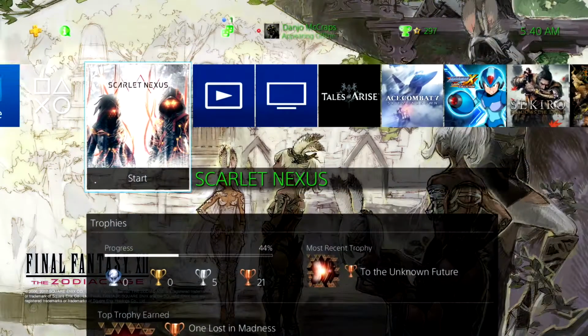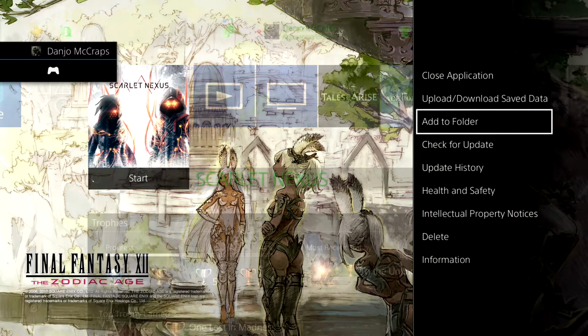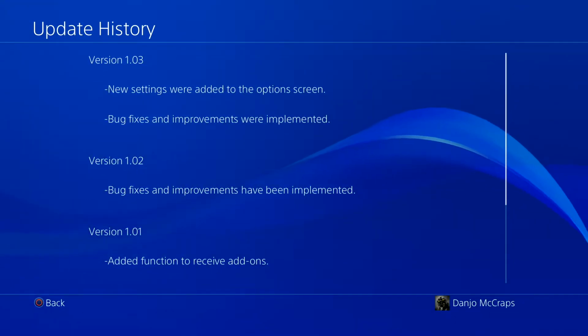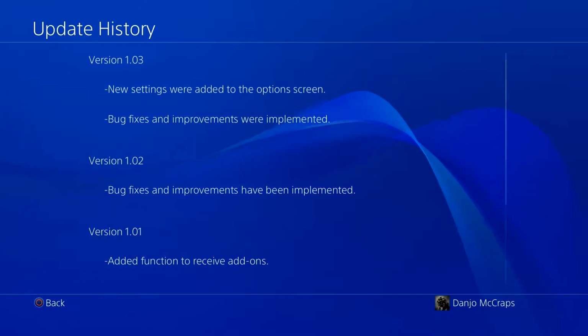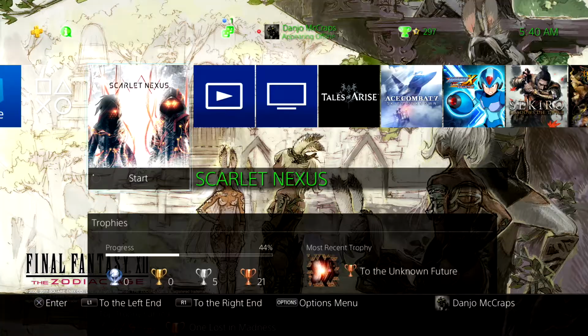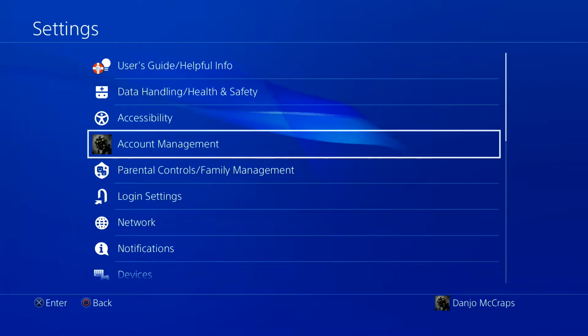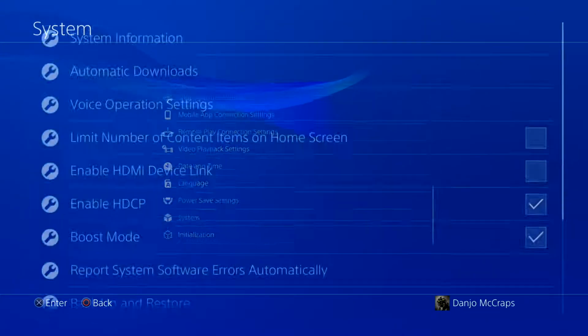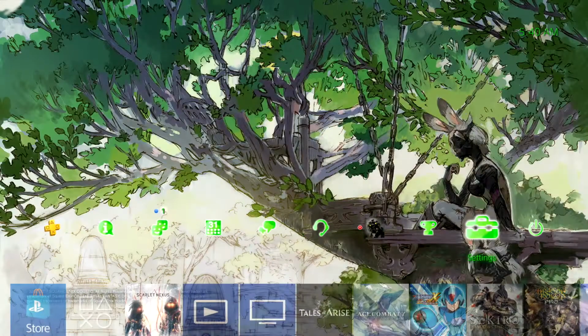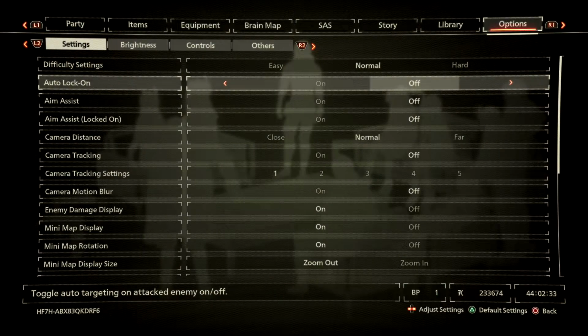And essentially, because this is running on PS4 Pro, if you check the update history, it really just says those first two things. New settings were added to the options screen, bug fixes and improvements. But there doesn't appear to be a PS4 Pro patch, so I am running this in boost mode right now, and it does seem to help a little bit. One thing I did notice,